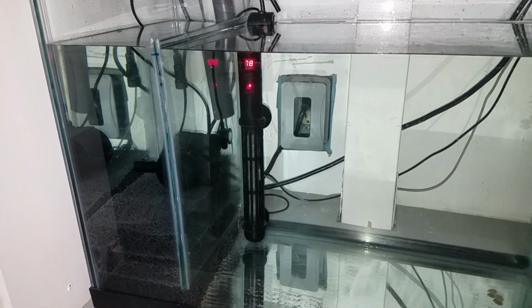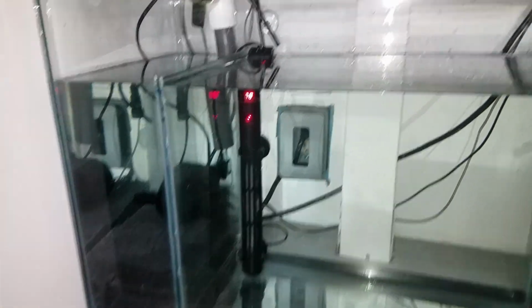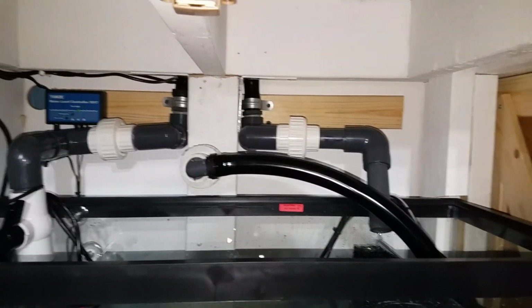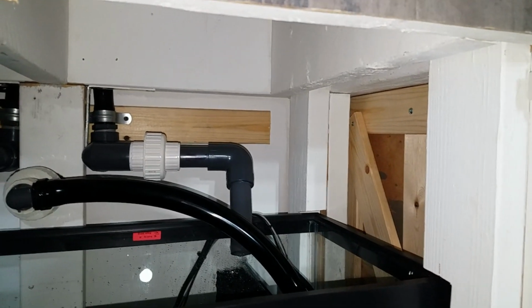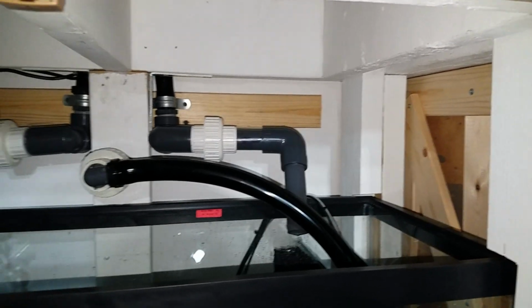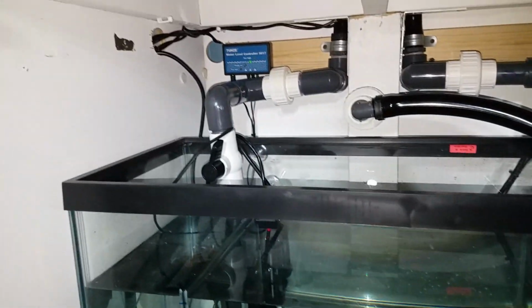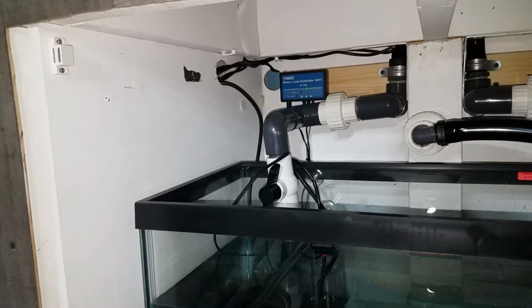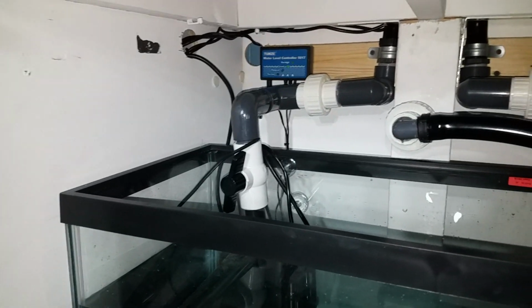I'm a little concerned that the heater isn't heating the display tank enough, so I'm going to have to pick up a thermometer to throw in the display to see if I need to turn up the heater a little bit to offset the fact that it is in the sump. Obviously, I still have a lot to do. I still want to change the ball valve to a gate valve,